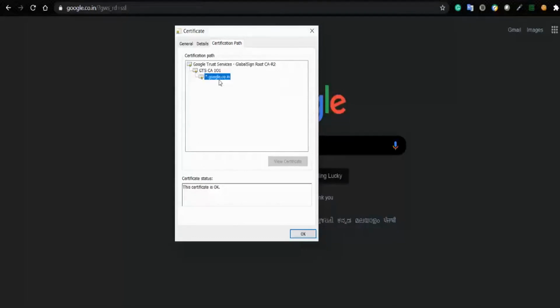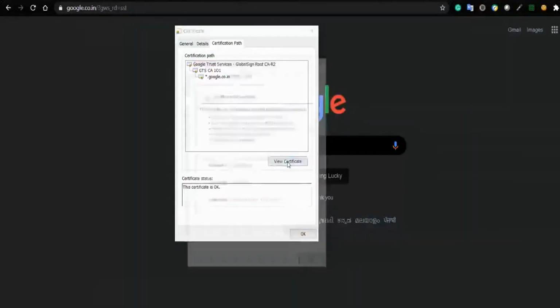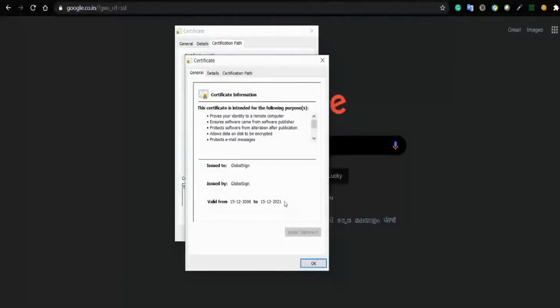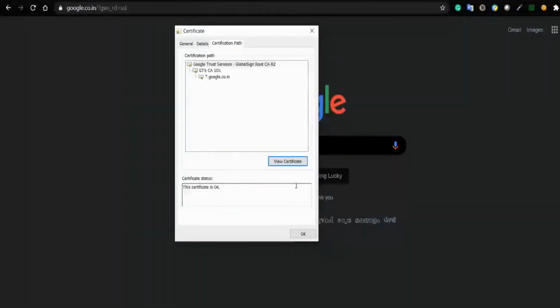So that's the reason the website's certificate is valid for a shorter period, whereas GlobalSign is usually a certification authority that is kept constant, and it does not keep changing its public key and other details of the certificate. So that's why you don't need to update this certificate very frequently. That's why the validity is very long for certification authorities compared to the certificates of the websites or the devices. So that's it for this demo.